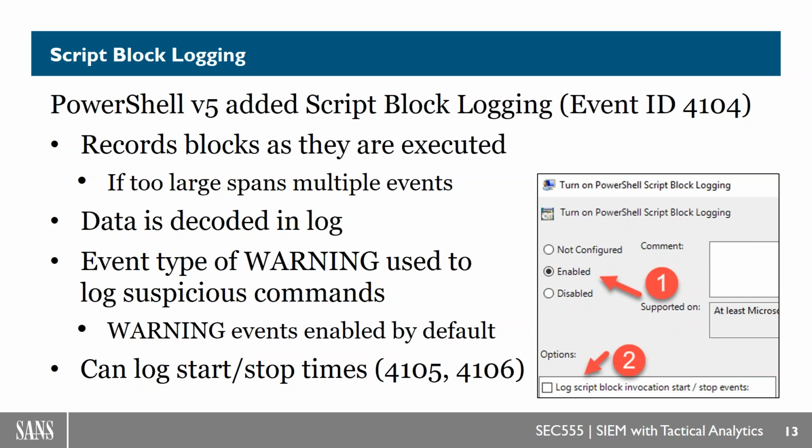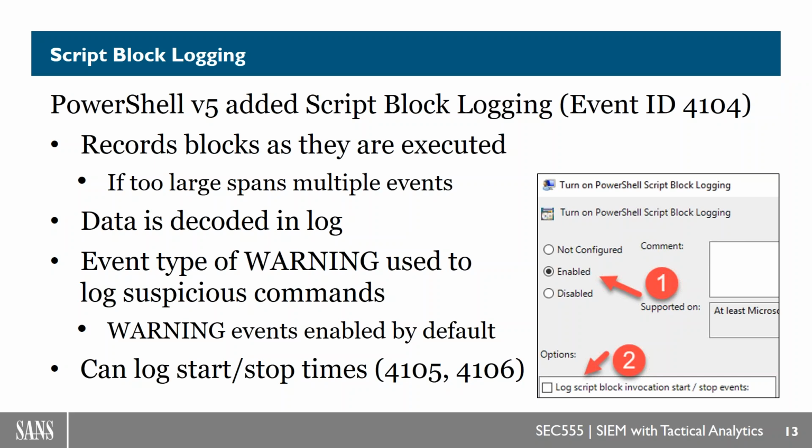Again, 8,555 events seems like a lot. You may be thinking, that's way too many events, I don't want to have to parse through that. Well, with PowerShell version 5, Microsoft has given us script block logging. When this is enabled, in the same mechanism, you go into computer configuration, administrative templates, Windows PowerShell, and you turn it on the same way we turn on module logging. One thing to be aware of is that almost all of these events are not enabled by default except in one rare case. Script block logging is actually enabled by default when you have PowerShell version 5.